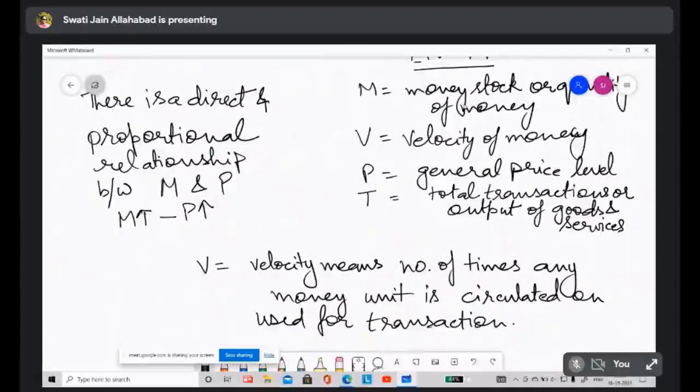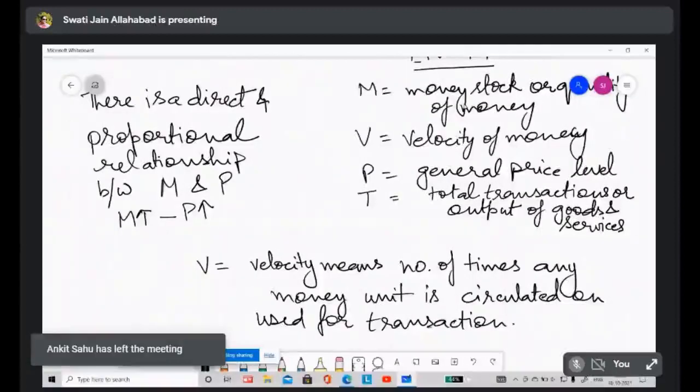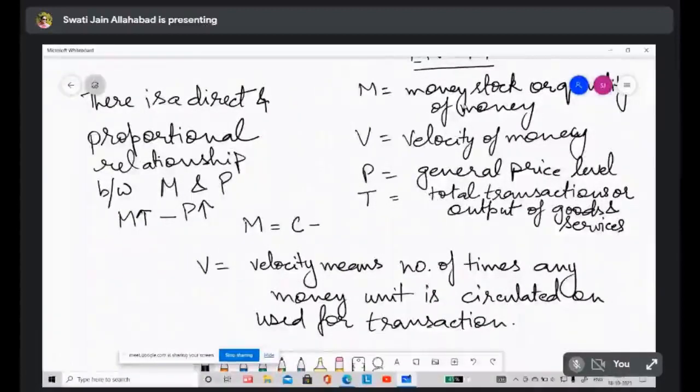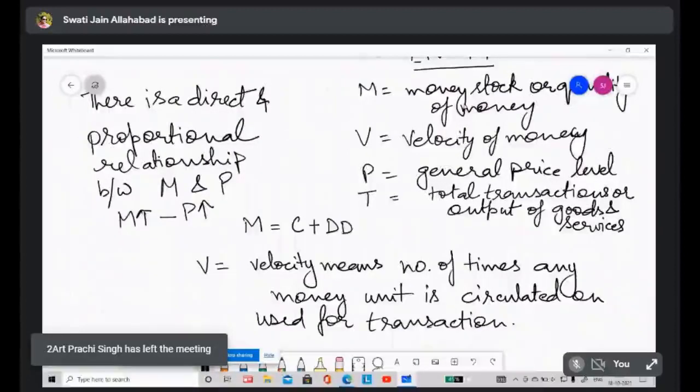The money stock which is issued by the central bank of the country and is used for transaction is being circulated with the people. Okay, so when we are saying money stock, what does it mean? From the supply side, what does it mean? Currency in circulation plus demand deposits plus other deposits. So this is what we are talking about. So we are not talking about capital stock. So please don't confuse the class.